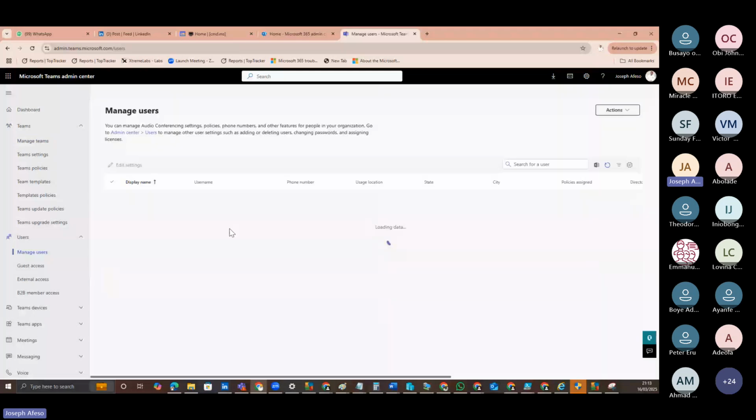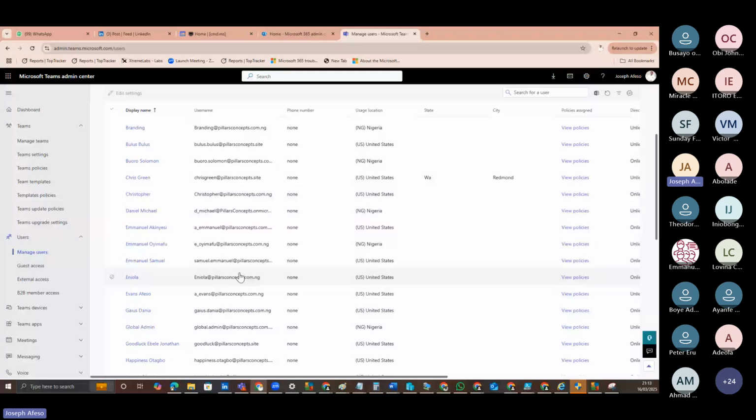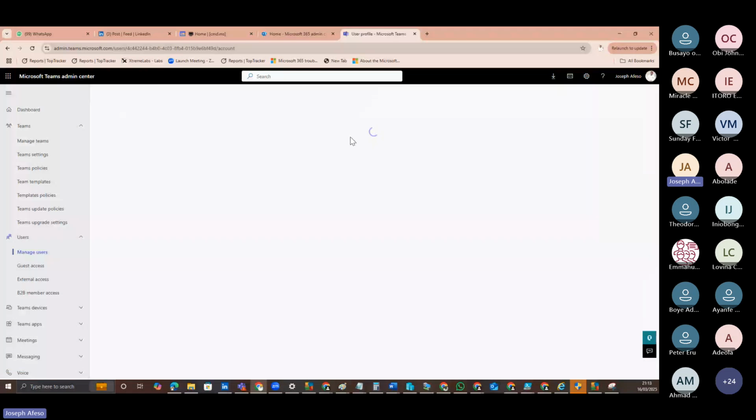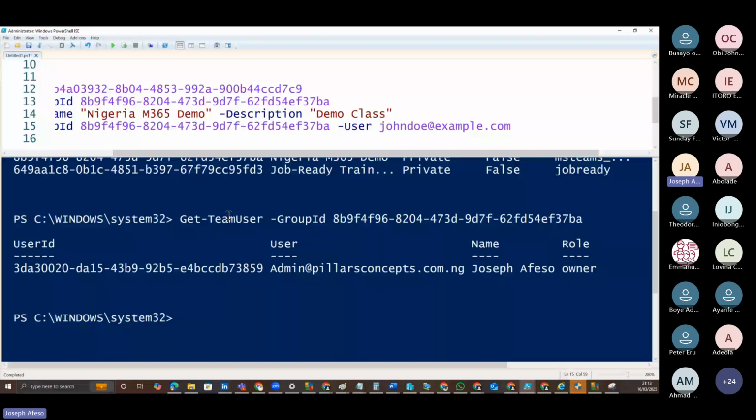Let's say I want to add someone that I know is actively licensed. I want to add Boro Solomon. So if I click on Boro Solomon, I'll be able to get his email address in a bit. So this is his email address. So what I want to do is add him to that team from the PowerShell end. So what I will just do is I will say user, and I will replace him with my domain user by putting this. So if I go to run this command,